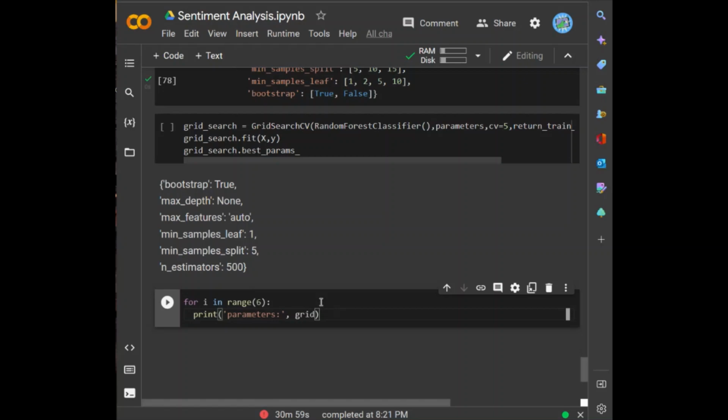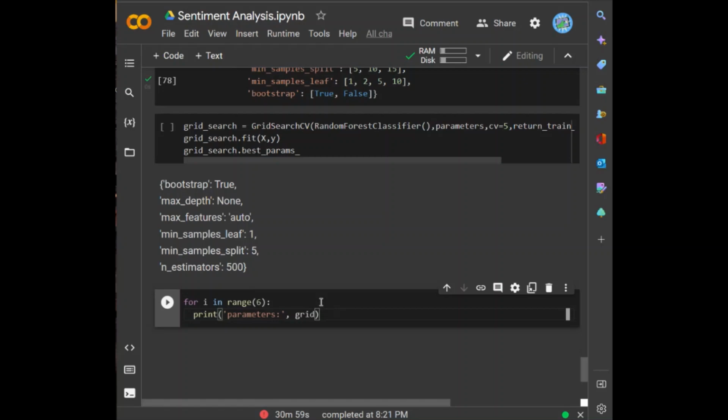And on the new line we can add again, copy this value, and if I want to print the mean score,